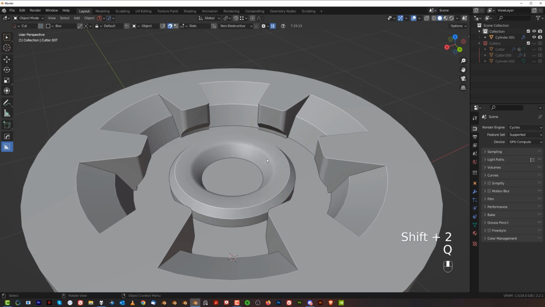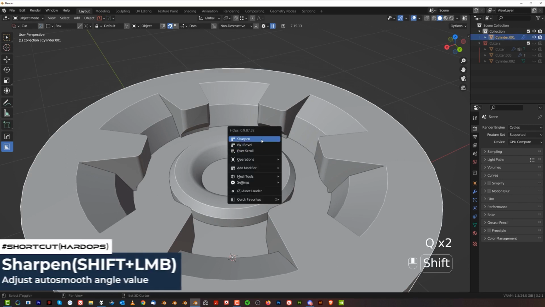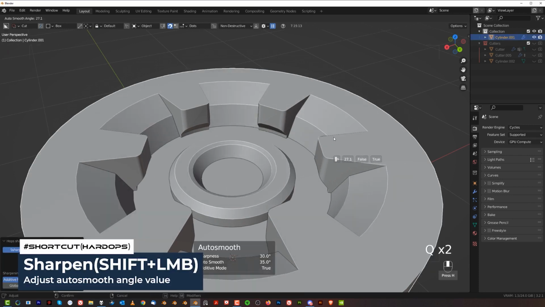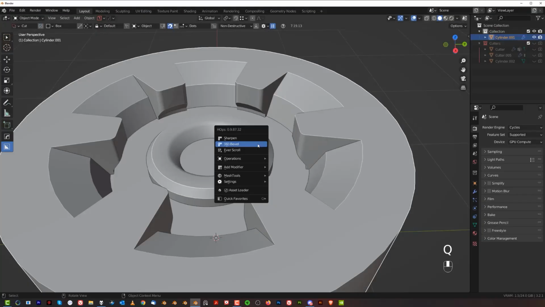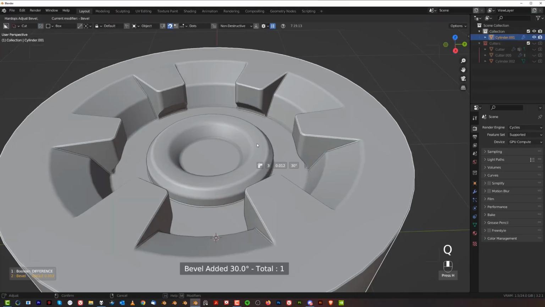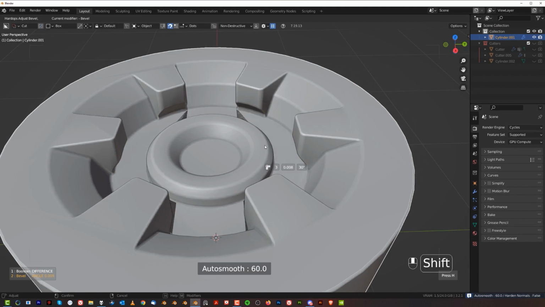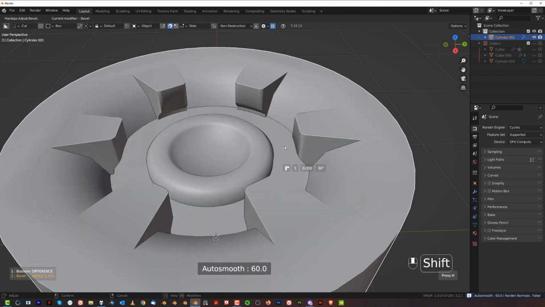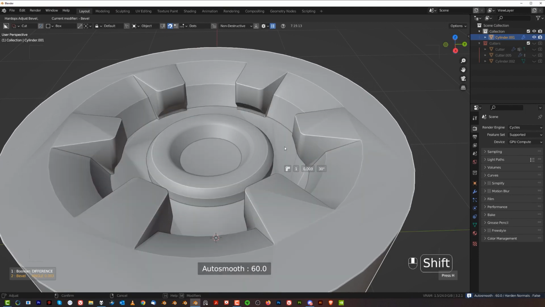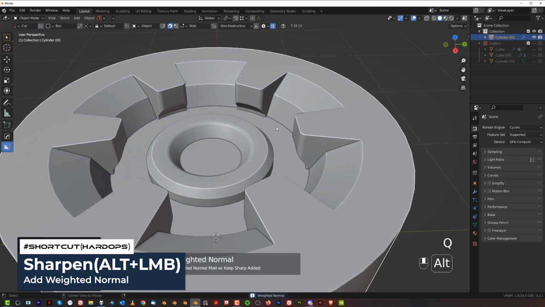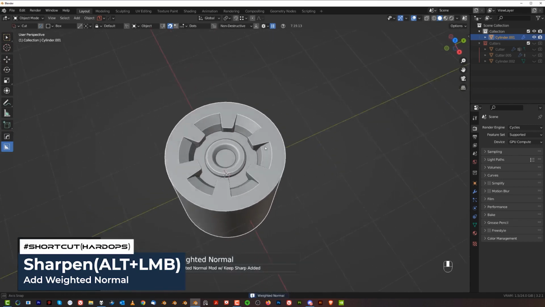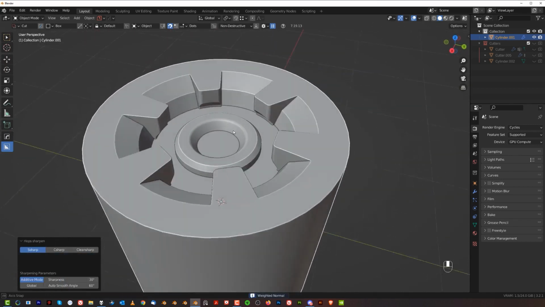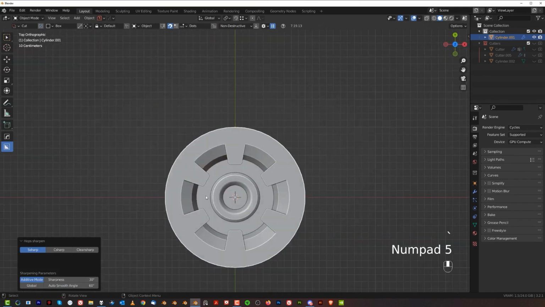And again, let's select the shape, go to sharpen, hold Shift and move your mouse to the right, boom, until it clicks. So that's the bevel, and let's just press 1 to make it smaller. If you see that the bevel is actually turning into a chamfer, you want to press 1, okay? Make it smaller like that, and Alt click on sharpen to address the normals. And there you go, you got a really intricate cutter, and you can keep going and keep trying